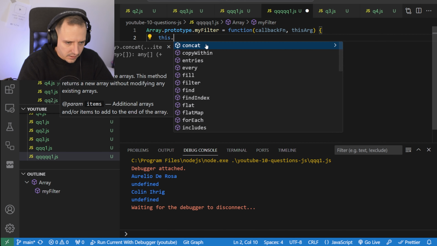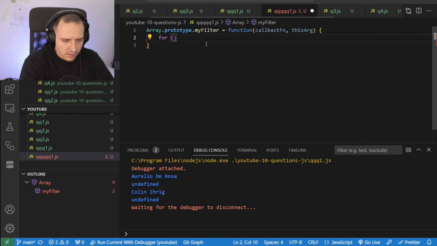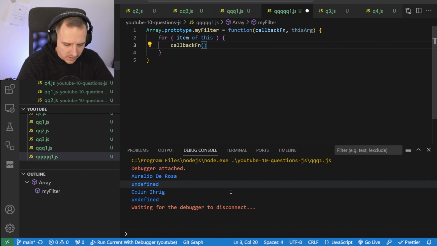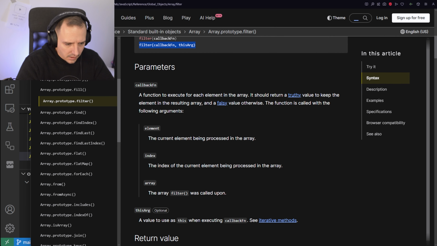We can do it like this, maybe for each of it, or just for this. We can go through the items of this and call the callback function. The callback function is called with the element, the index, and the array filter was called upon.